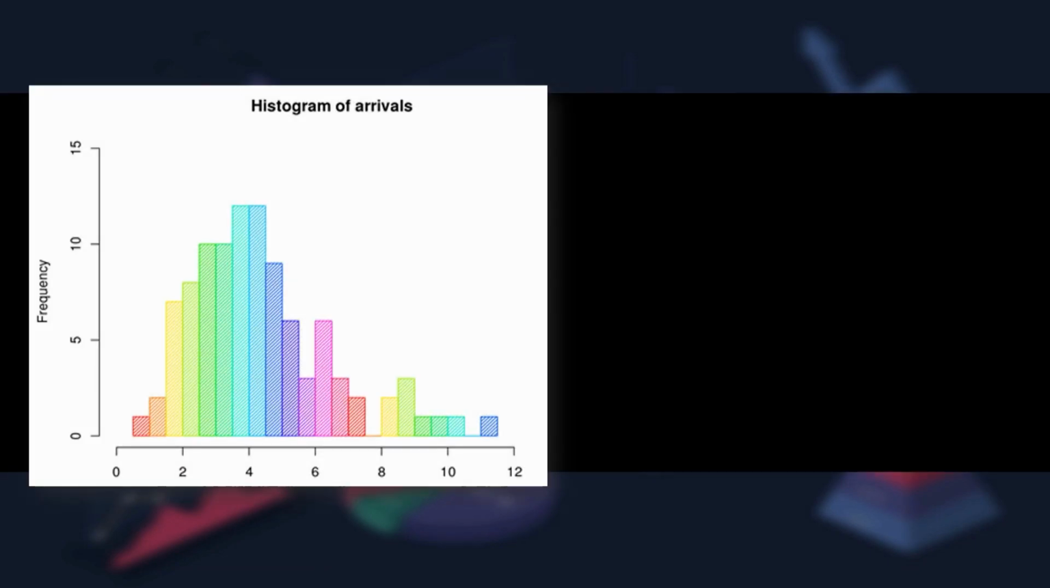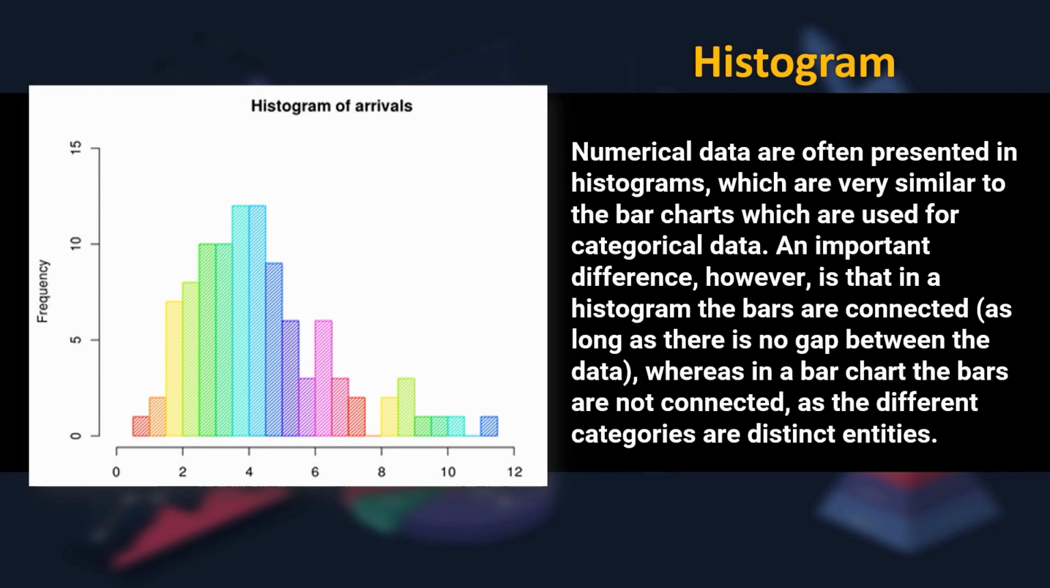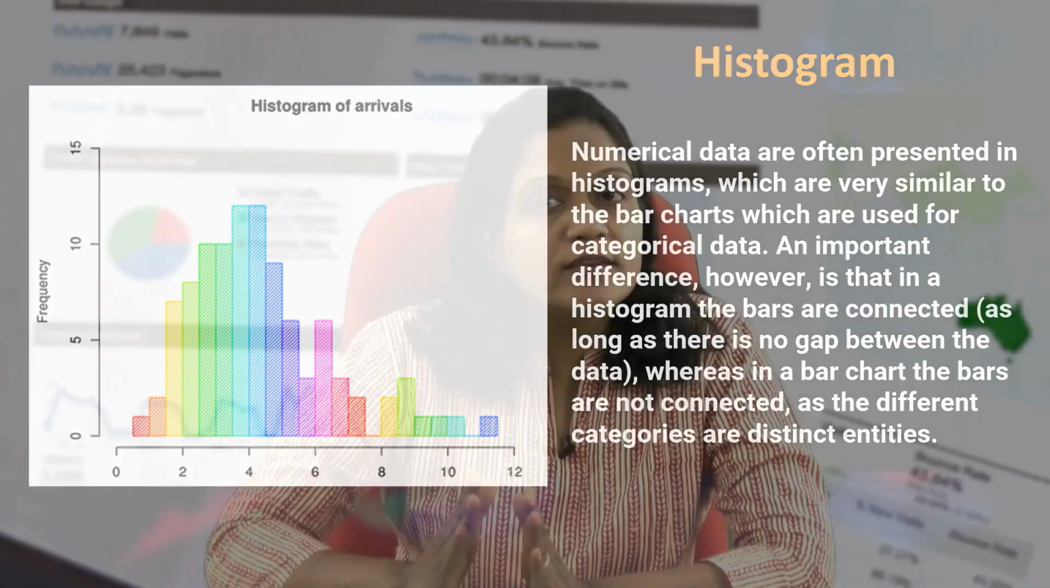The third one is the histogram. Numerical data are often presented in histograms, which are very similar to the bar charts which we discussed earlier, and they are also used for categorical data. An important difference, however, is that in a histogram, the bars are connected, as against the bar chart in which,